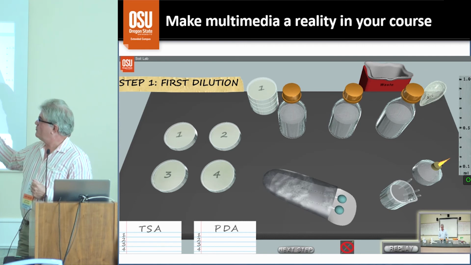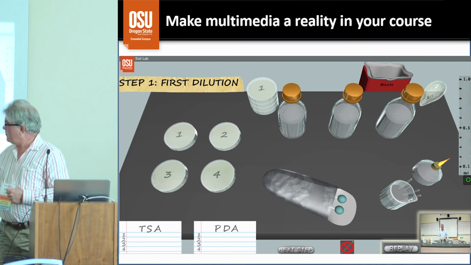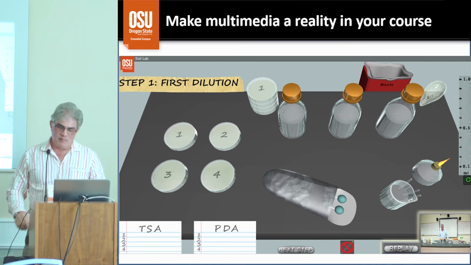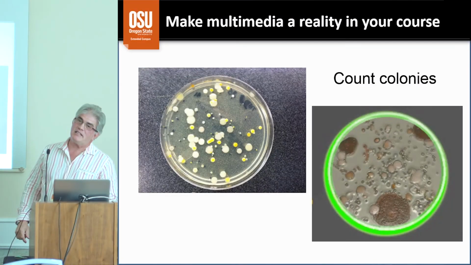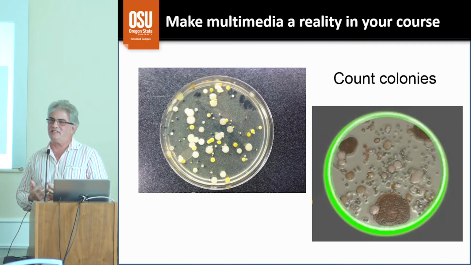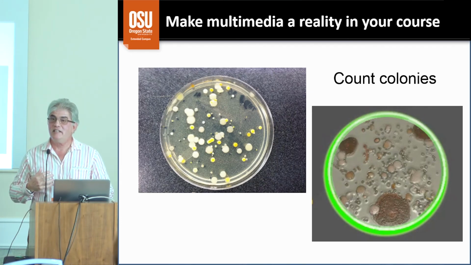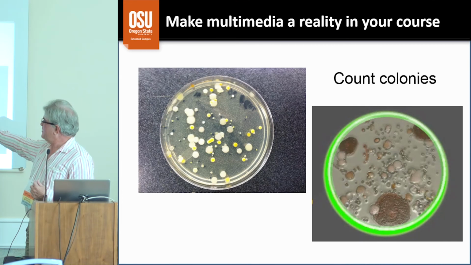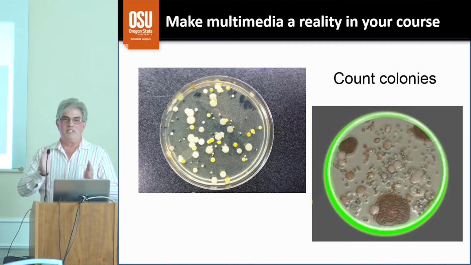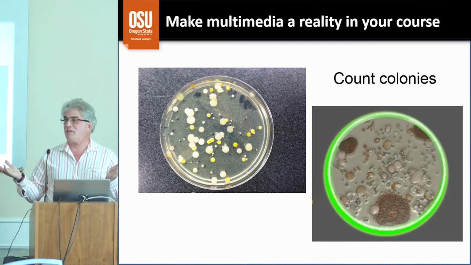And if they hit a point where they've done things incorrectly, they're stopped. And after they complete one aspect of it, then they go to the next step. And then ultimately they have a data set by counting colonies from the growth of bacteria on those plates. So this mimics a real lab activity, and in the end they end up with the same kind of data set as if they had run the experiment themselves, with a randomly generated result that will basically mimic the data set that we actually got by running this in the laboratory.